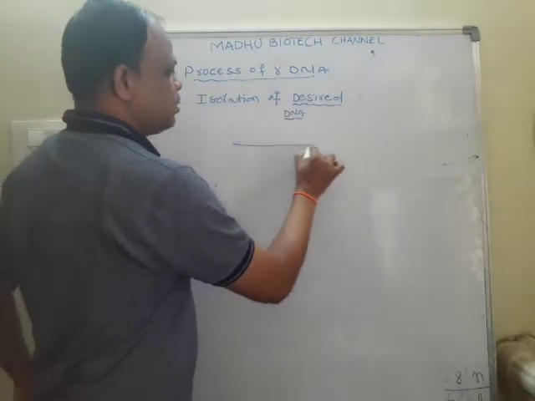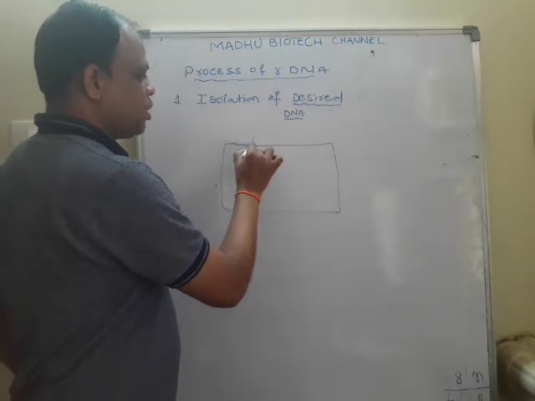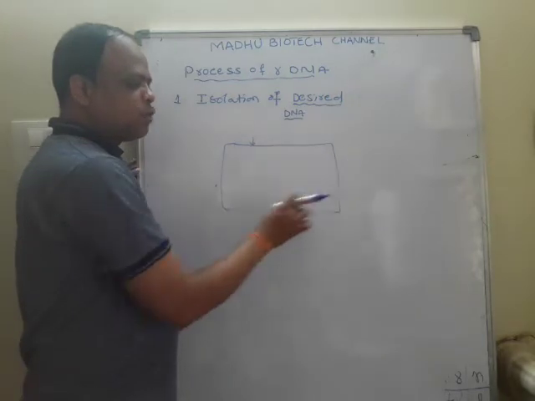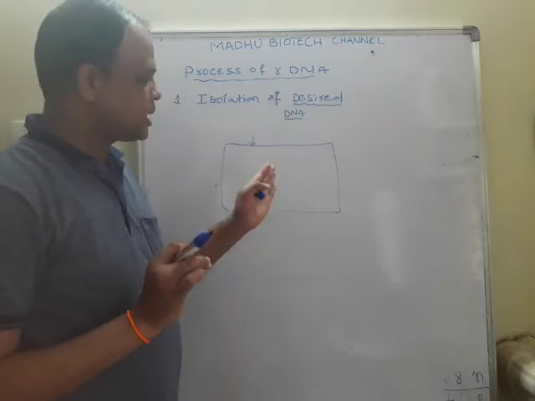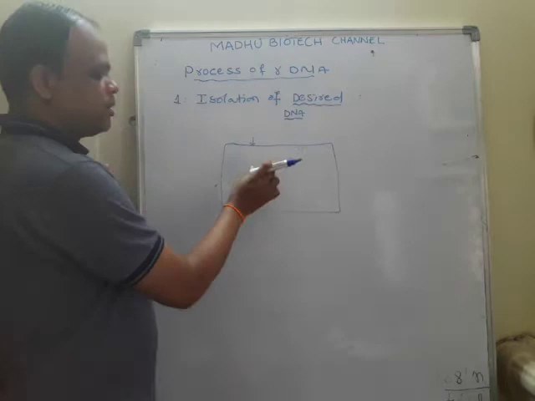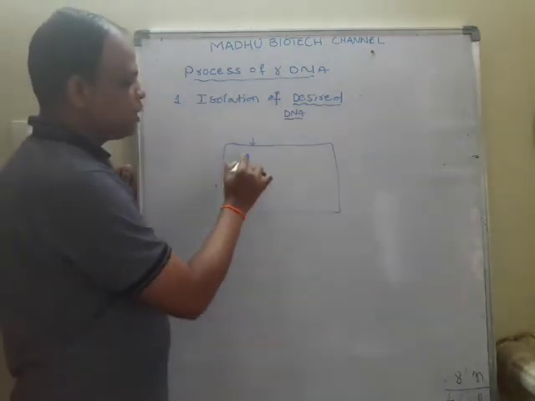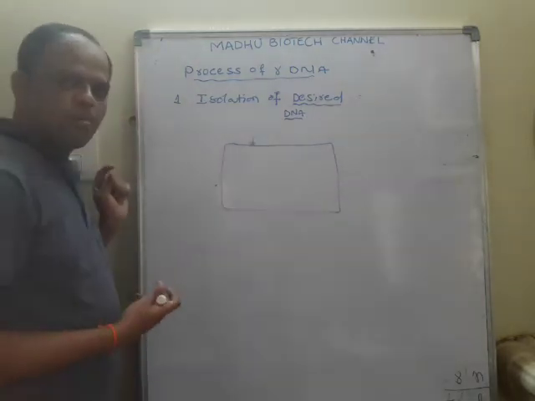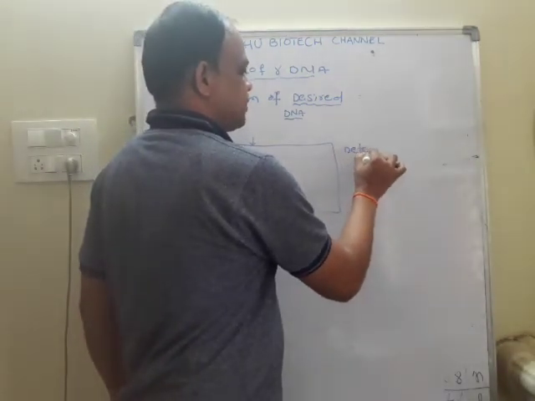So for example, with one cell, using different types of enzymes we break down the cell wall, and a mass of cytoplasm, different types of cell organelles and inorganic substances are present. After degrading, we separate the pure form of the DNA fragments. First of all we treat the cytoplasmic mass with detergent for lysis.